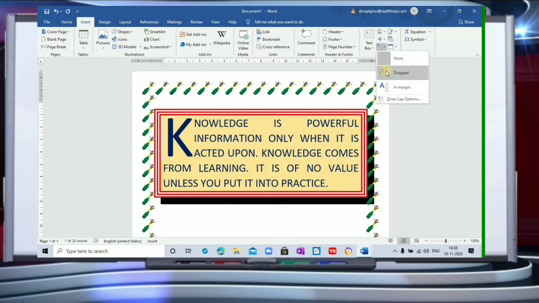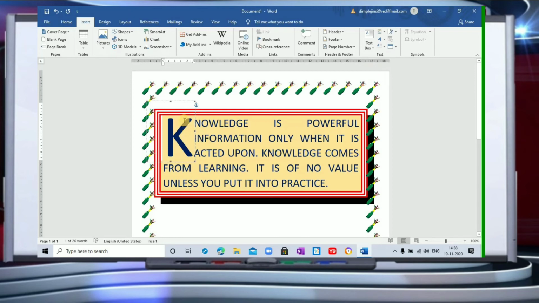Supposing I want this, I'm going to click this drop cap effect. Now you will see that your K has been enlarged. This is now big. You can see the first letter of the word knowledge has been enlarged. So this is known as the drop cap effect.